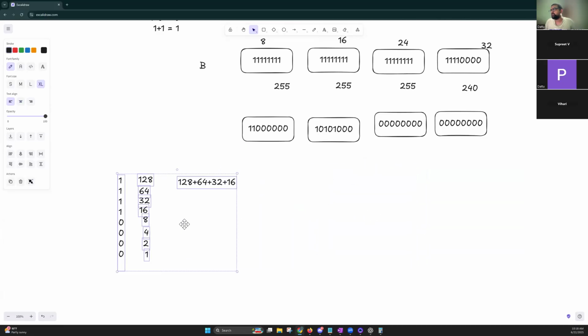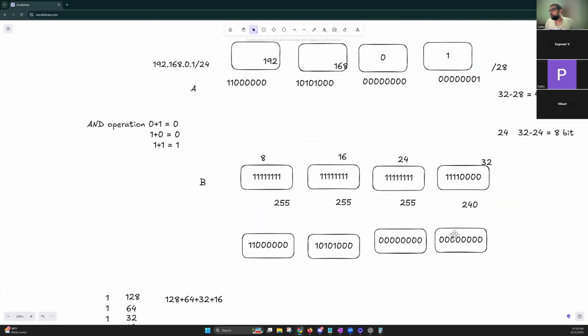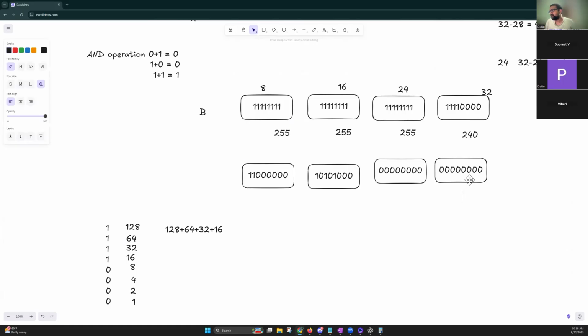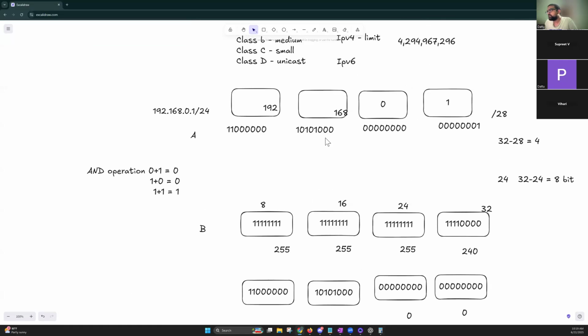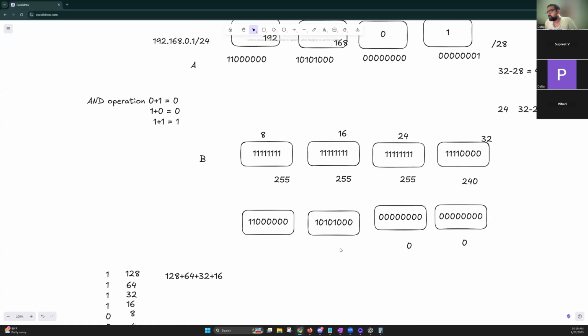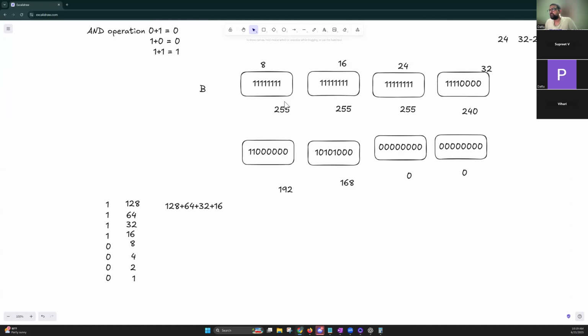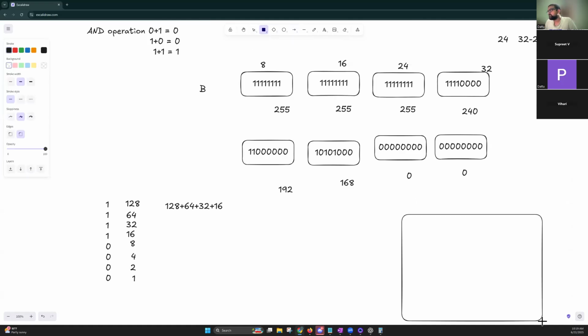So what are we supposed to do? We are supposed to convert it into the regular format. That would be 0, 0, and this one is the same thing: 168, and this is 192. So our address goes like this. The starting IP would be 192.168.0.0. And the last IP would be,